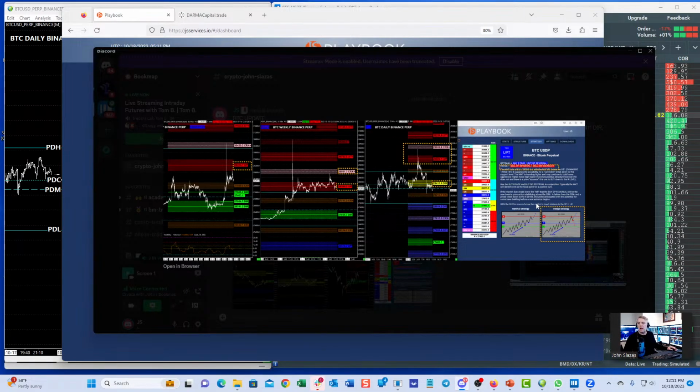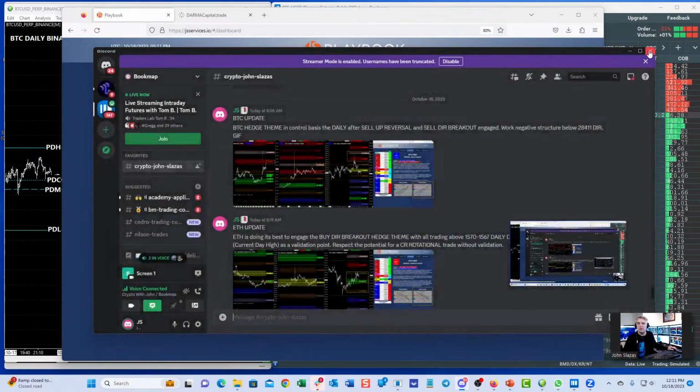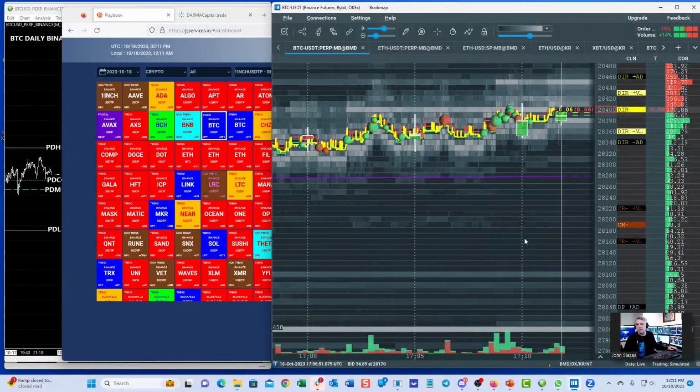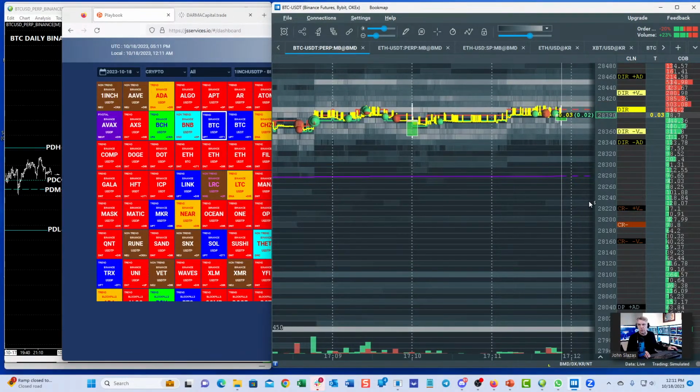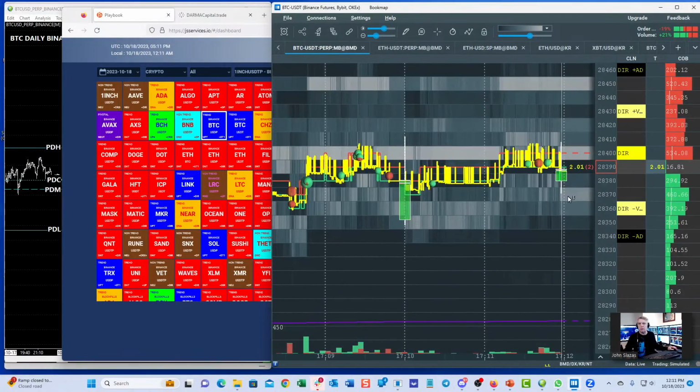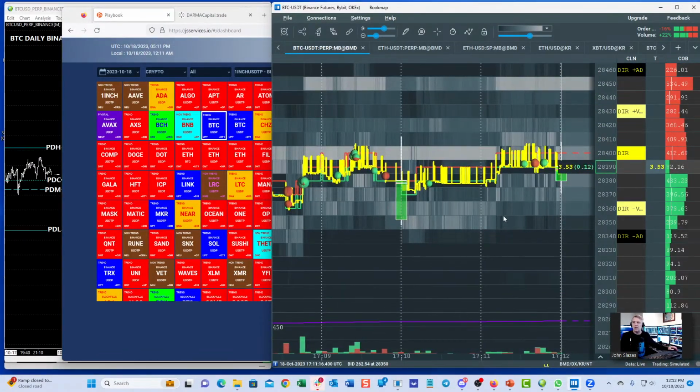But we're going to go over what happened today. We had this posted in our Discord channel, talking about how Bitcoin was in a hedge theme, that the sell UP reversal strategy was in play, and a sell DR breakout strategy is in play. What's important about identifying these big themes is this gives you the higher context. If we're only focused on the micro and we really dial in to the microstructure, just looking for who the players are, what's happening, where the money's coming in and out.